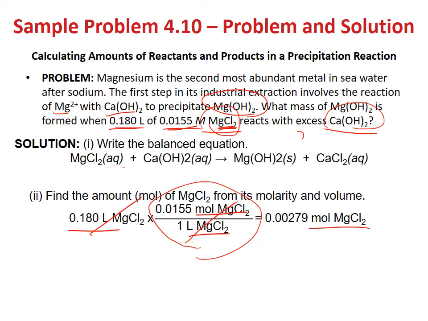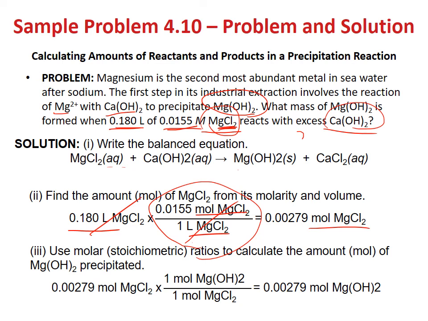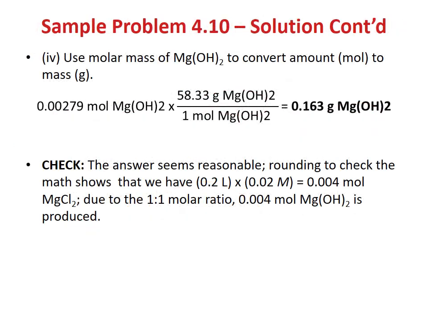Second step, use stoichiometry to calculate moles of the product. So this is moles of reactants, and the stoichiometry ratio is a 1-to-1 ratio. So moles magnesium chloride cancel, giving you moles of magnesium hydroxide. So next, we use moles of magnesium hydroxide to calculate the grams of magnesium hydroxide. Here is the moles of magnesium hydroxide multiplied by the molar mass of magnesium hydroxide, and the answer is 0.163